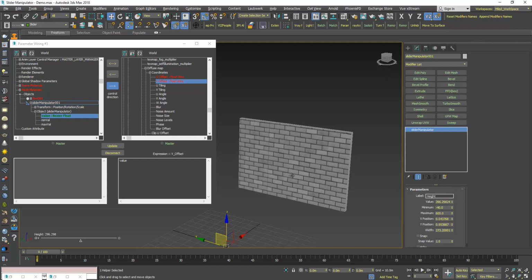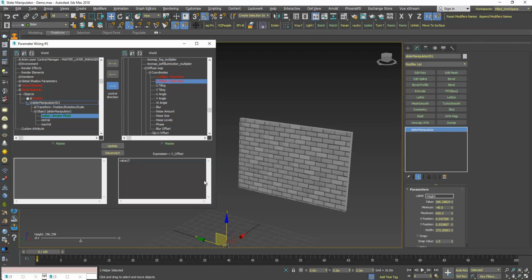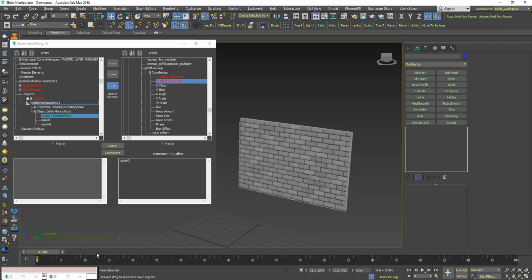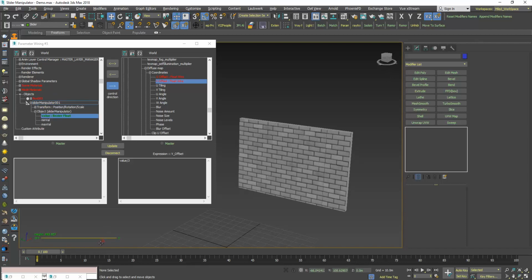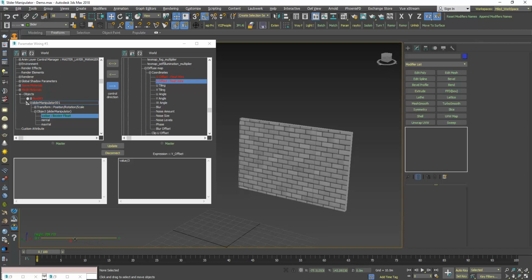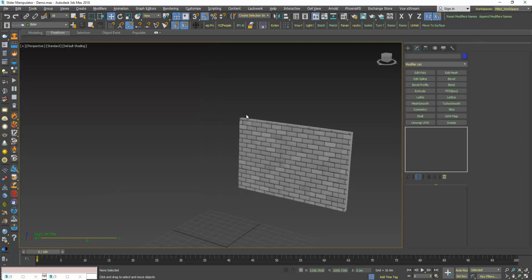Now let's say I don't want the V to be the same as U, so I can divide this value by, let's say, 3. Click update, and now when I change the value, okay, now